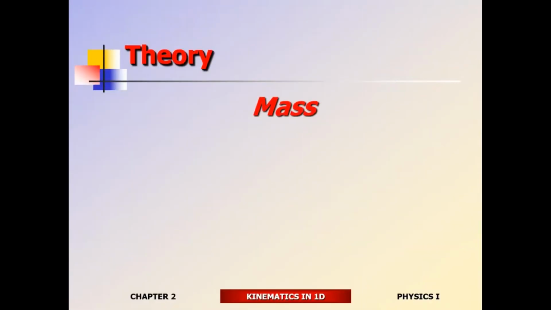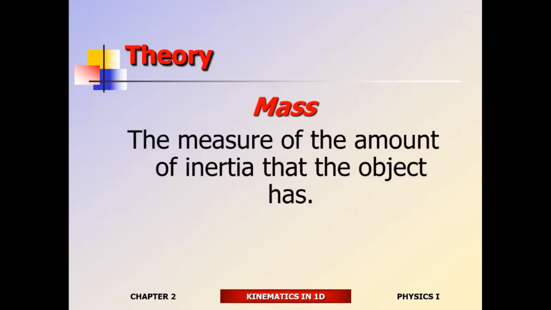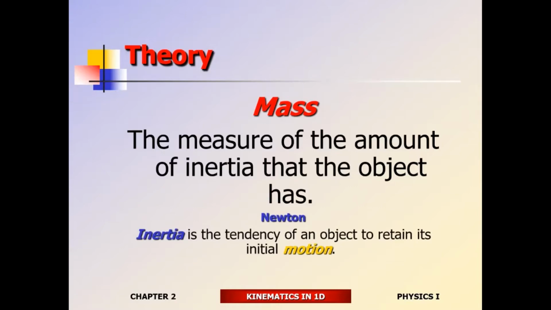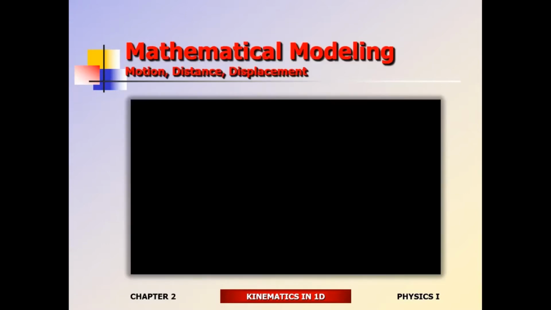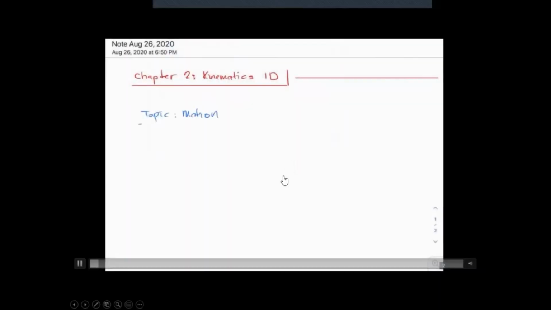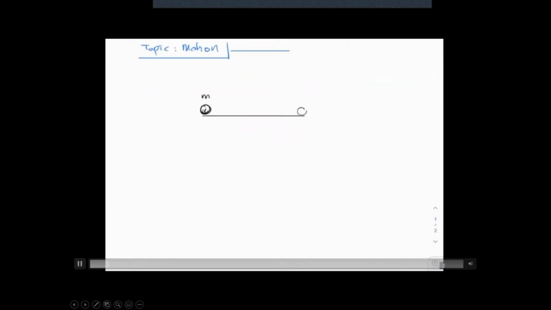The last one is mass. Mass is not what's measured by a scale; what you're measuring by a scale is your weight. It's not the same as mass. Mass is related to something called inertia. The concept goes back to Newton. In reality, it goes all the way back to Galileo. So the measure of inertia is known as mass. Inertia is related to the tendency of an object to retain its initial speed and the direction of that speed. That's it.